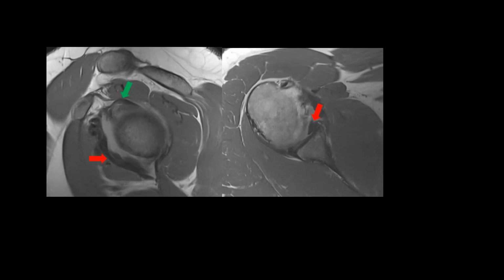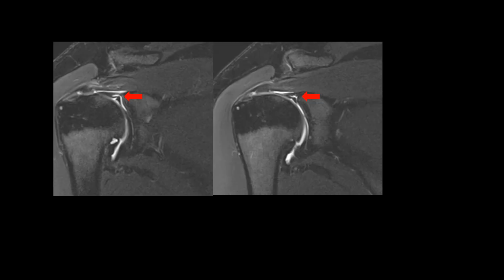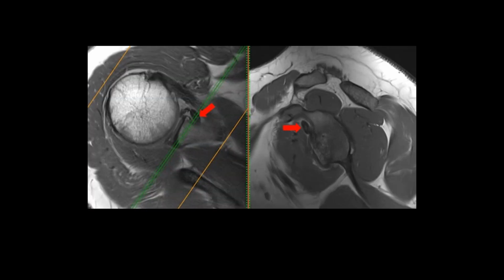We see that the entire anterior labrum is torn and buckled into the glenohumeral joint as shown by the red arrow. The labral tear extends across 12 o'clock position to the posterior superior quadrant as well as shown by the green arrow. In these coronal STIR images, we see that the labral tear is seen extending into the biceps labral complex, splitting it. In these axial and sagittal images, we see an intra-articular osseous body in the superior subscapularis recess.